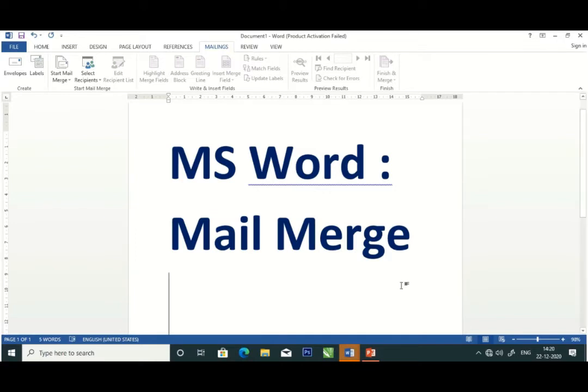with the main document. Merge field. It is the data item which is to be merged with the document from a data source. For example, name, address, contact number, etc. Merge document. This is the final document which is obtained after merging of fields from the data source with the main